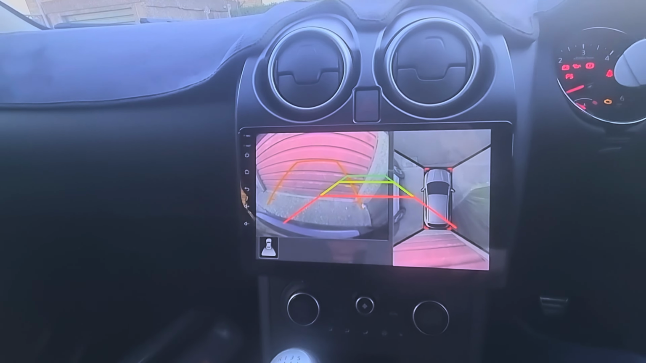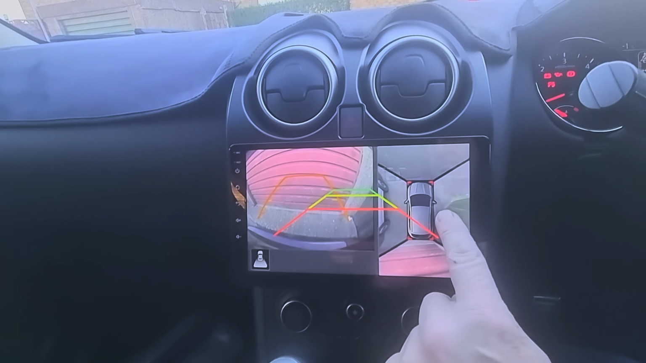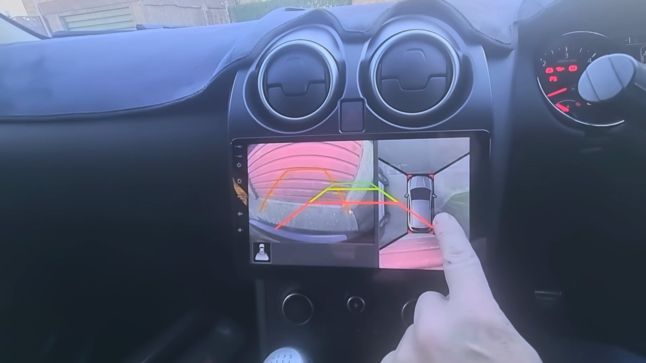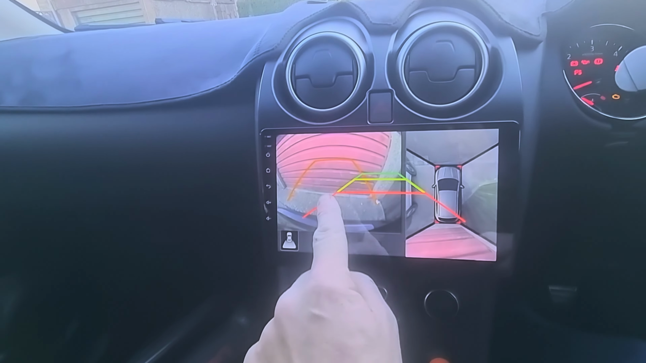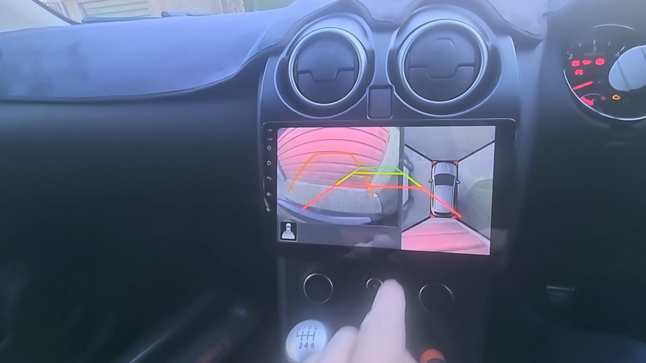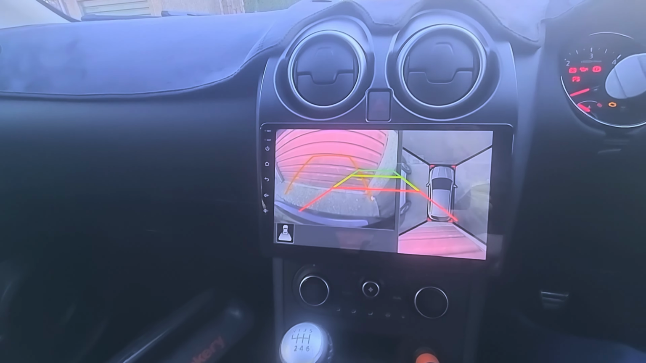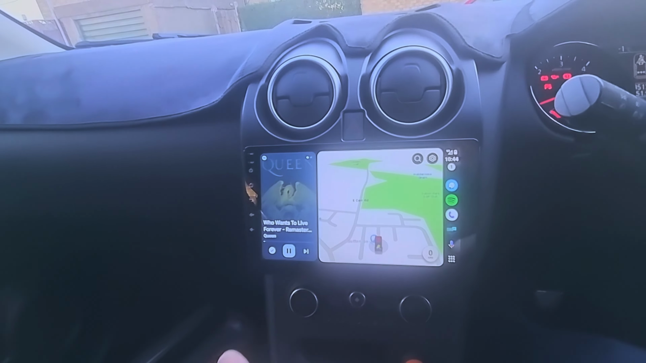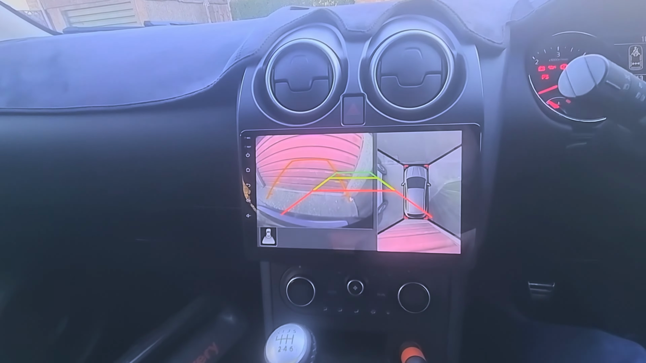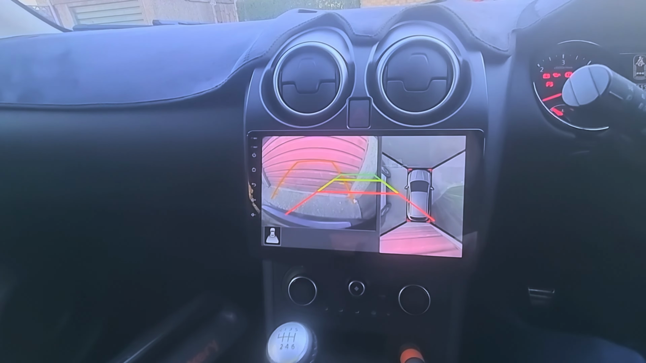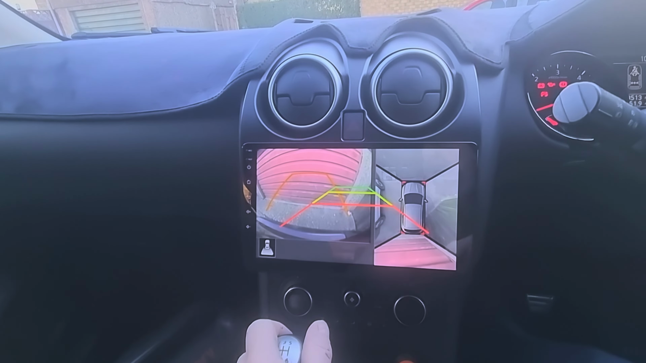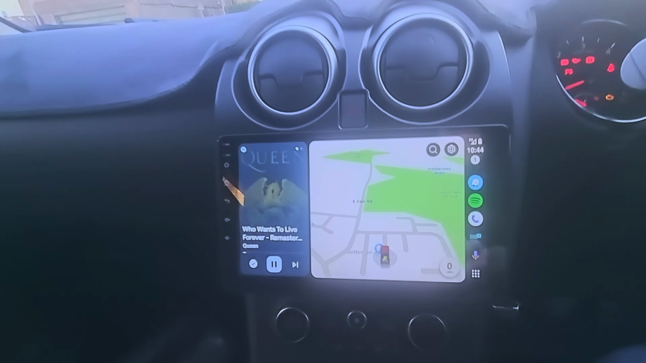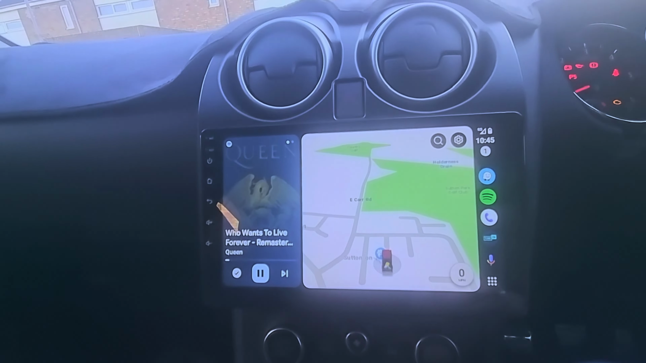And there we go. So there's me 360 camera. And there is me reversing camera. How good's that? And again, easy pimple. So that was the biggest thing I wanted to get going on this car, was the cameras,